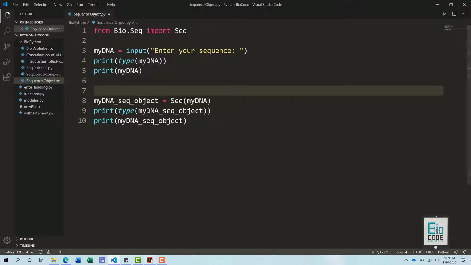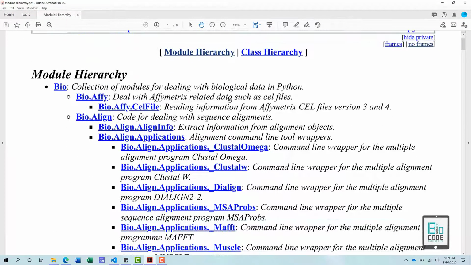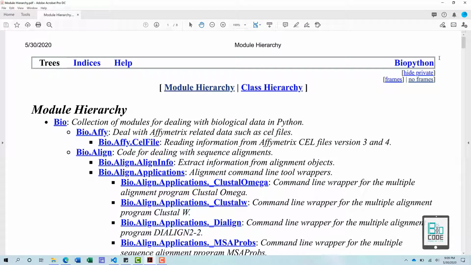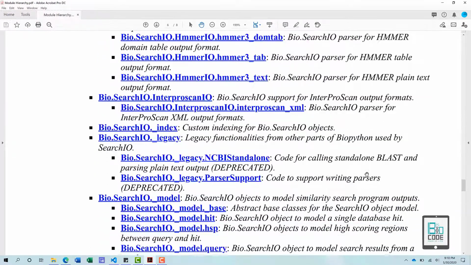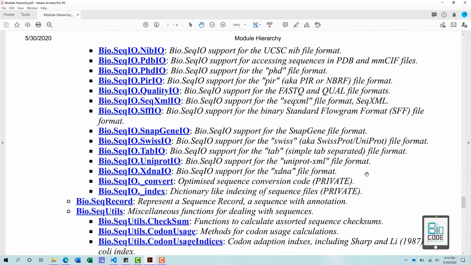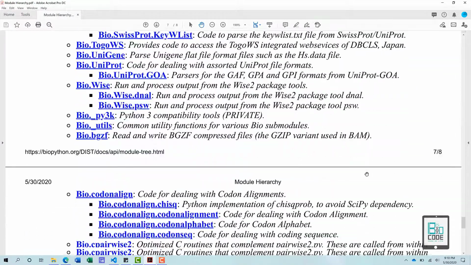To get started, first of all, I would like to present a PDF file that you can download from the transcription. This PDF file provides a modular hierarchy within BioPython that allows you to see what sort of functions and modules are present within the BioPython package as a whole, allowing the user to do